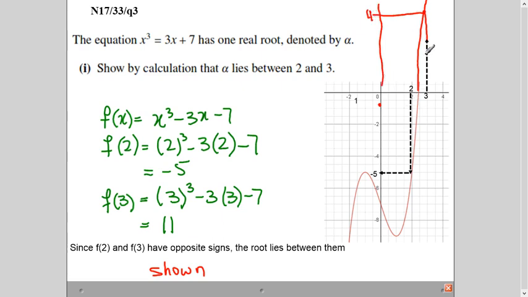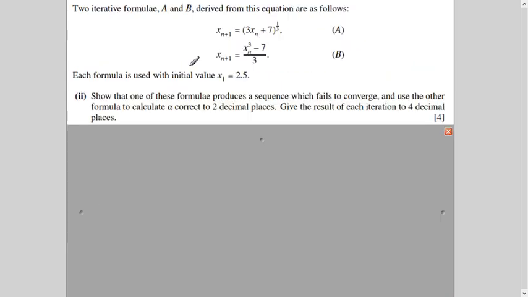So it means if one value of y is positive and the other is negative, then the curve is passing through the x-axis. Because in your syllabus, all the curves which you will sketch will be continuous curves, right? Like this is a continuous curve. So if it is a continuous curve, it will definitely pass through the x-axis, and that is your root. So for the explanation of this, you just have to show that one answer is positive and one answer is negative. Let's see the next part of the question.